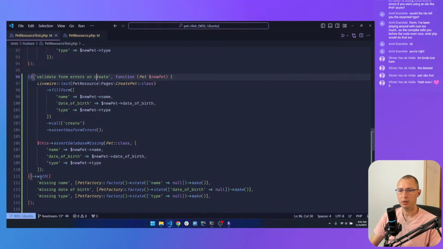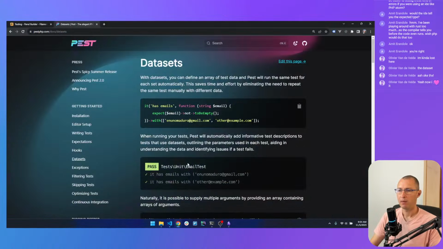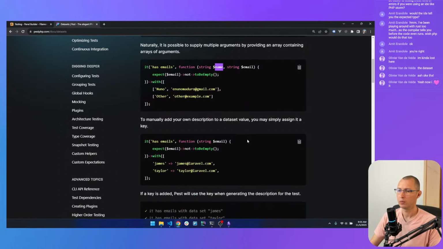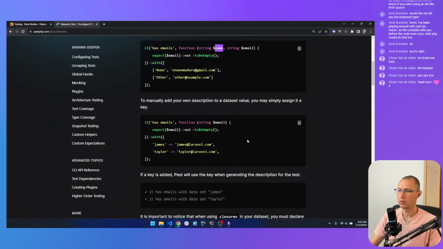How come? This is the dataset? Oh. It's expecting two parameters.